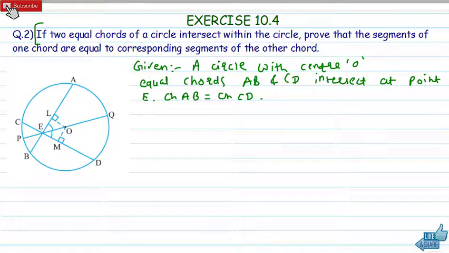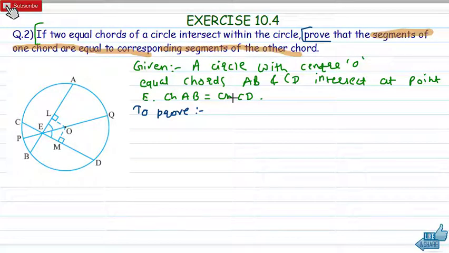So our next part is to prove. What do we have to prove? Now what is the meaning of this particular statement? Prove that the segments of one chord are equal to the corresponding segments of the other chord. This statement means, see, AB and CD intersect at point E. So there are four segments. First one is this one, that is AE, and here DE. So these corresponding segments are equal. So we have to prove that AE is equal to DE,